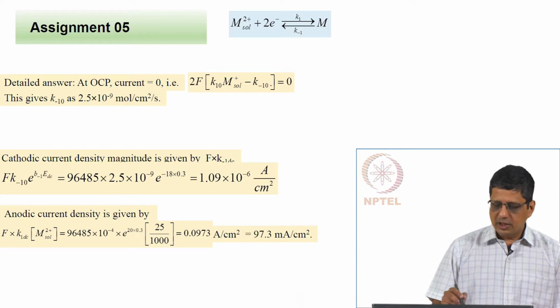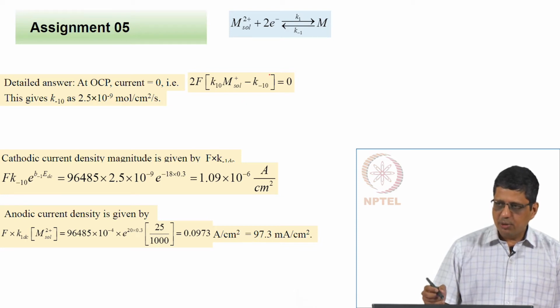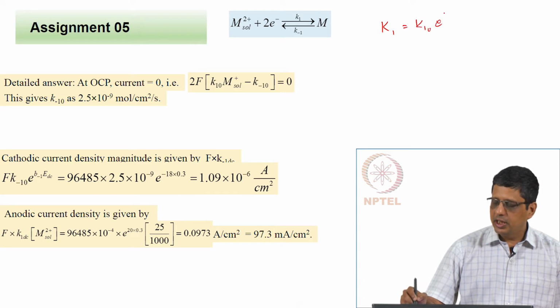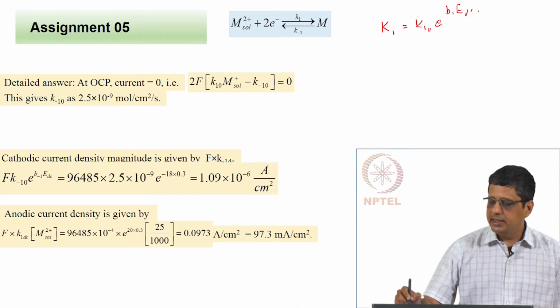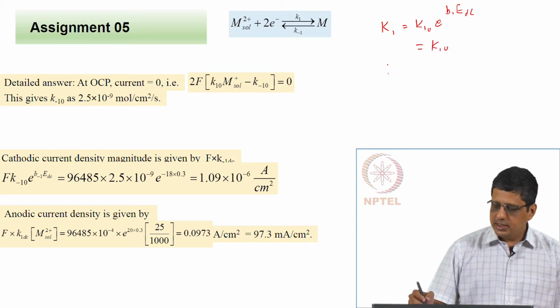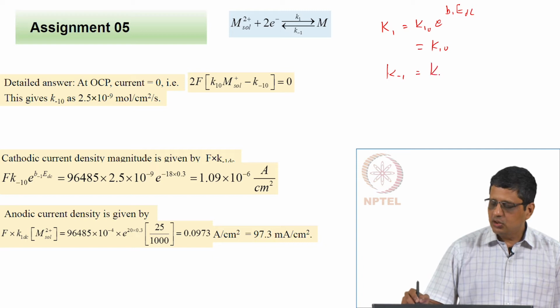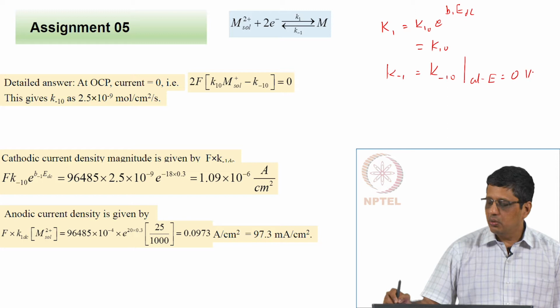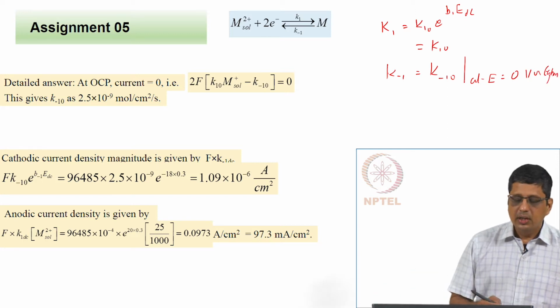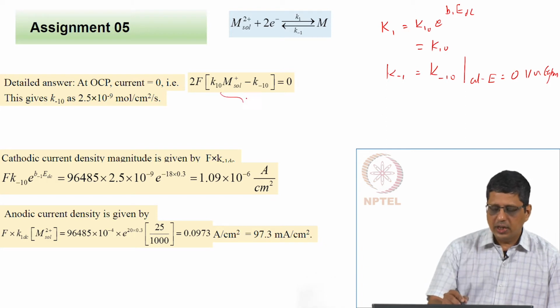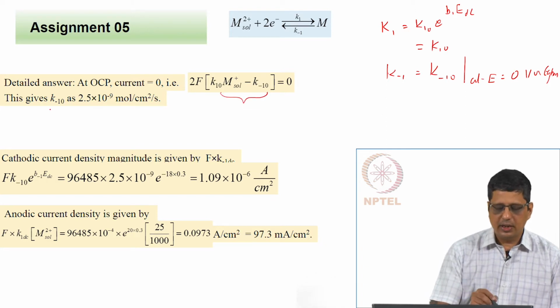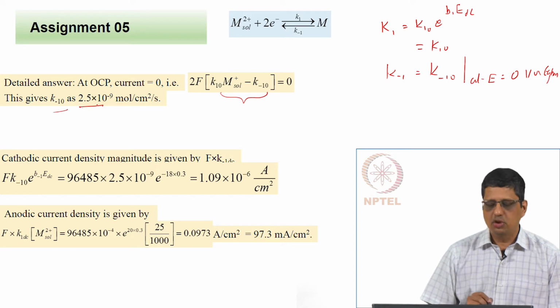So, we know the expression for the current, and at the DC potential of 0, we will write K1 is K10 exponential B1 EDC, and when DC potential is 0, this is just going to be K10, and similarly K minus 1 is going to be K minus 10 at E equal to 0 volt versus equilibrium. Therefore, you can substitute here and then show that K minus 10 is going to be 2.5 10 power minus